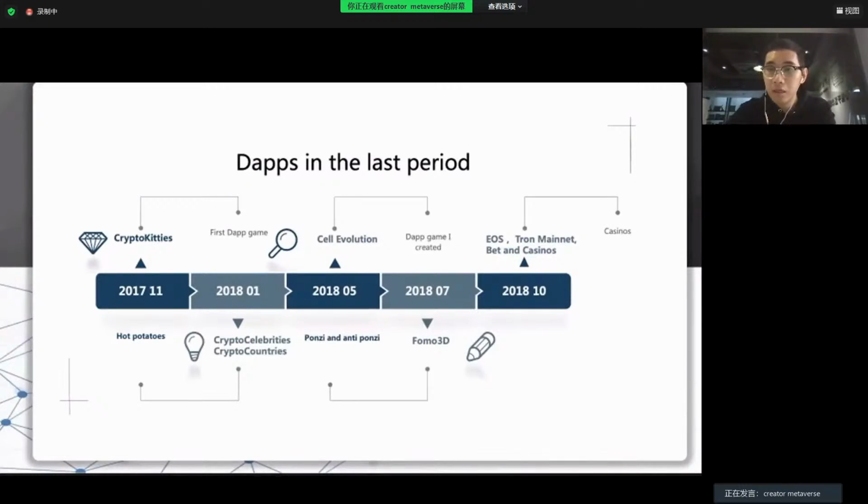And in July, we see a Ponzi game, or we call it anti-Ponzi. It is called FOMO Sandy. So why do we call it anti-Ponzi? For normal Ponzi games, in the end, the last holder will carry the bags, meaning he lost a lot of Ethereum or holds bags that he cannot sell anymore.